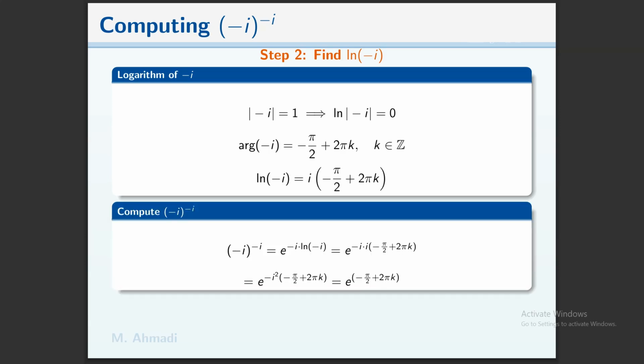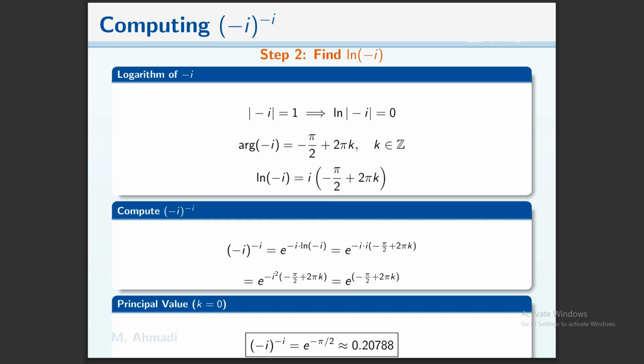So minus i to the minus i equals e to the minus i multiplied by ln of minus i, equals e to the minus i multiplied by minus pi over 2 plus 2 pi k, equals e to the minus i multiplied by minus pi over 2 plus 2 pi k, equals e to the minus pi over 2 plus 2 pi k. For the principal value, k equals 0, minus i to the minus i equals e to the minus pi over 2,